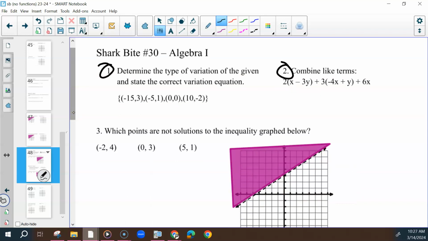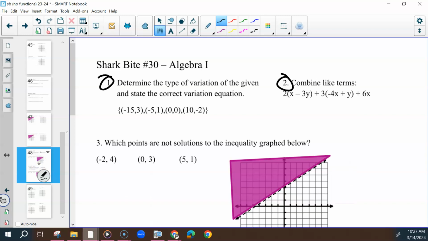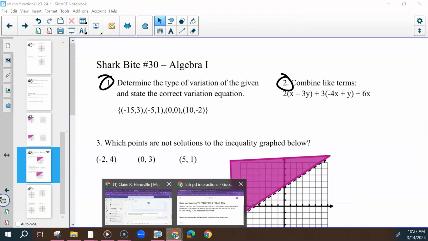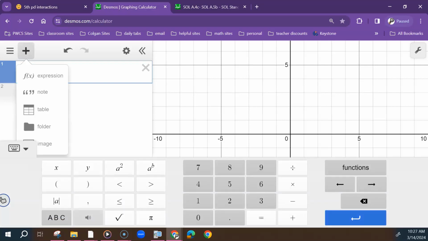Okay. 1 can be done in Desmos. 2 can be double checked in Desmos, and 4 could use Desmos, but because of the graph, we're just going to use the graph. Just use the equation that you gave us: y minus y1 equals m, parentheses, x minus x1. If I put all of these points in as a table,